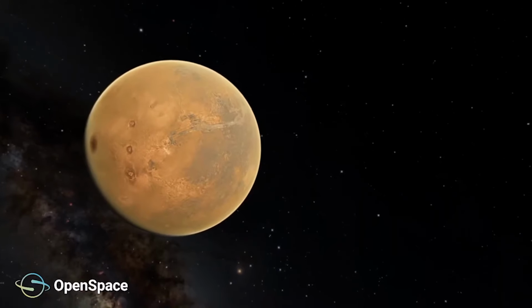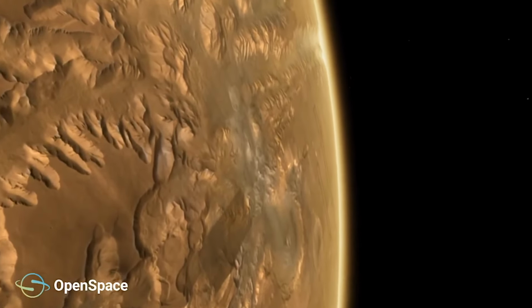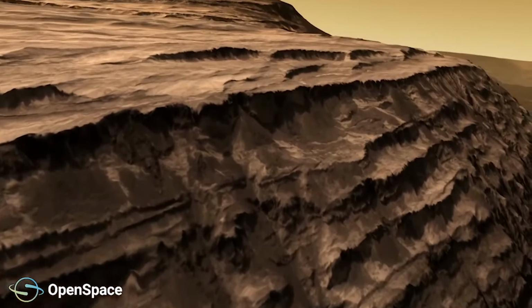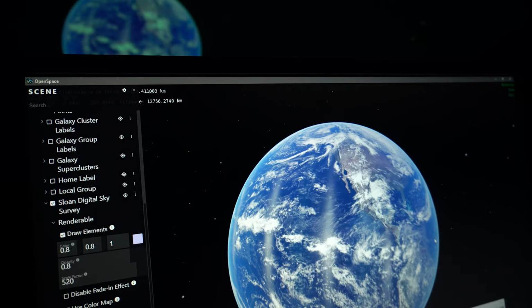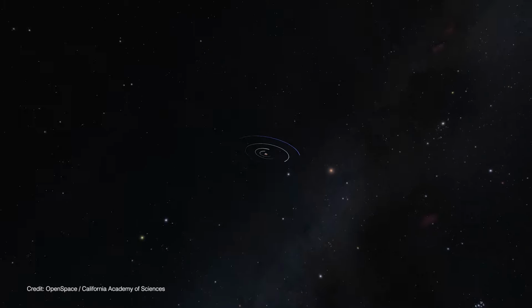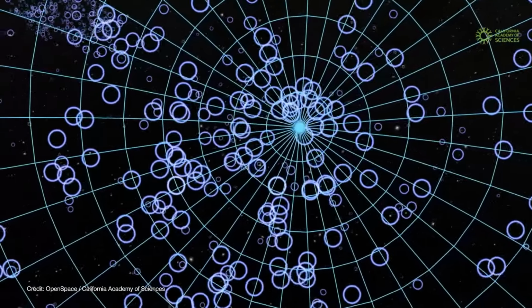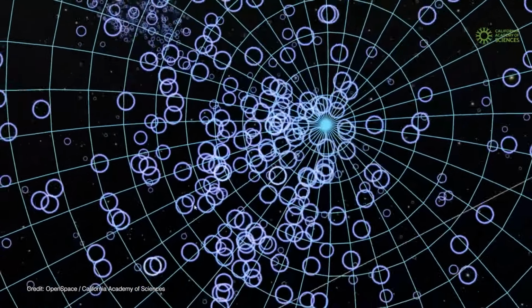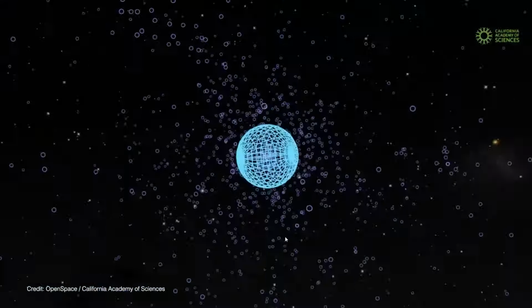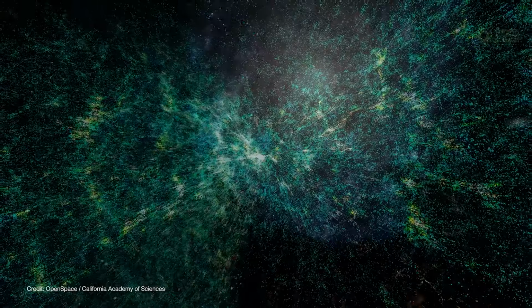But when it comes to flying around the universe, I really like to use OpenSpace. OpenSpace is a full dome data visualization tool that was partly funded by NASA. Because it's a data visualization tool, we can model the motions of the planets around the sun. We can also fly around the solar system and indeed throughout the universe. We could take a look at where exoplanets are located in the sky, how far our radio signals have traveled into the universe, fly up above the Milky Way galaxy, and even fly through data sets such as the Sloan